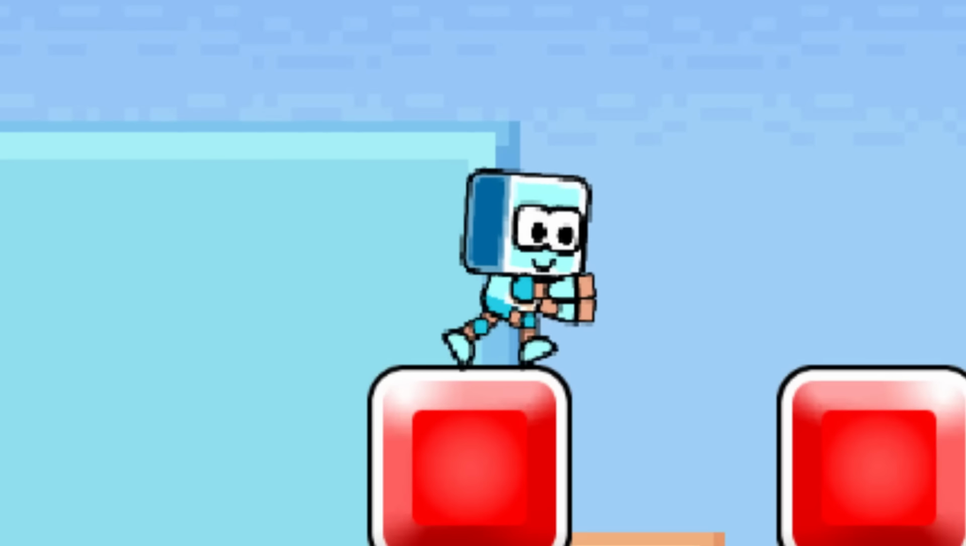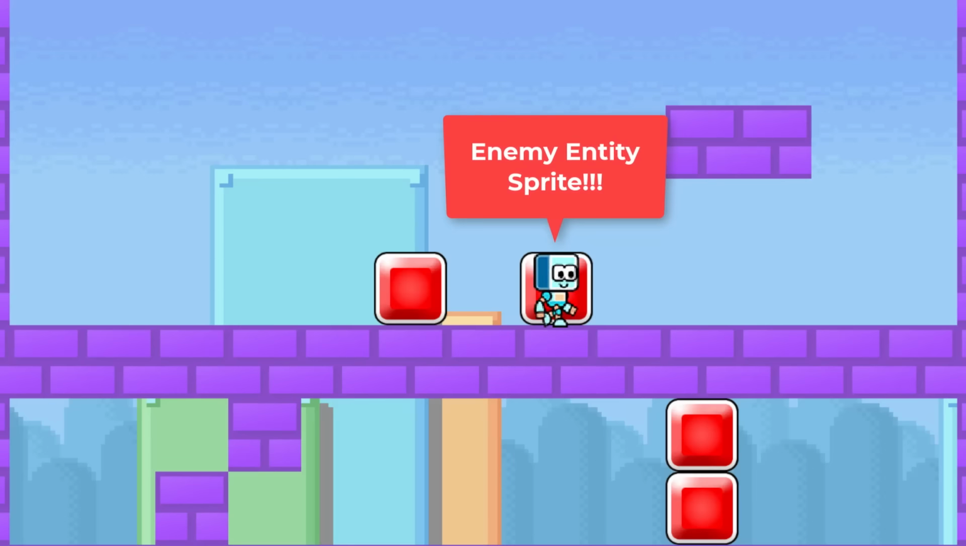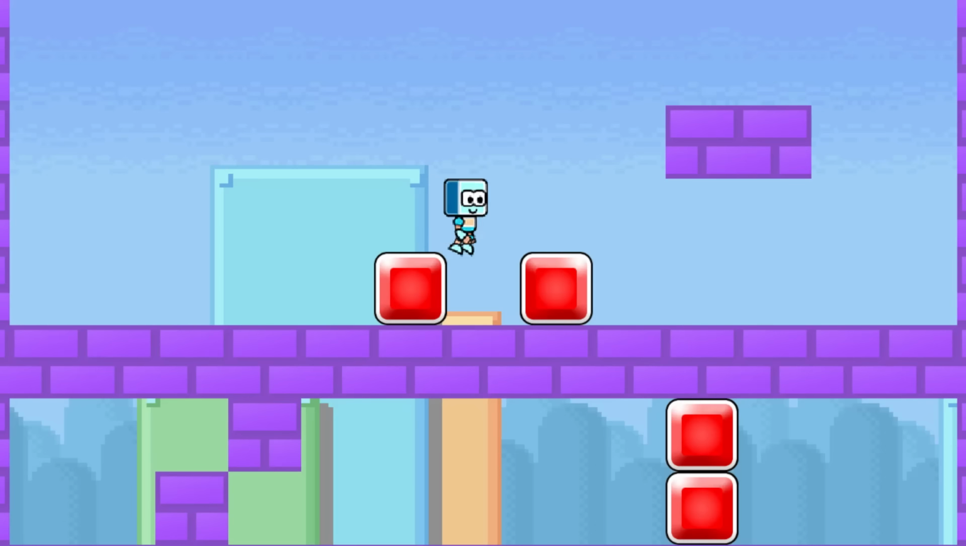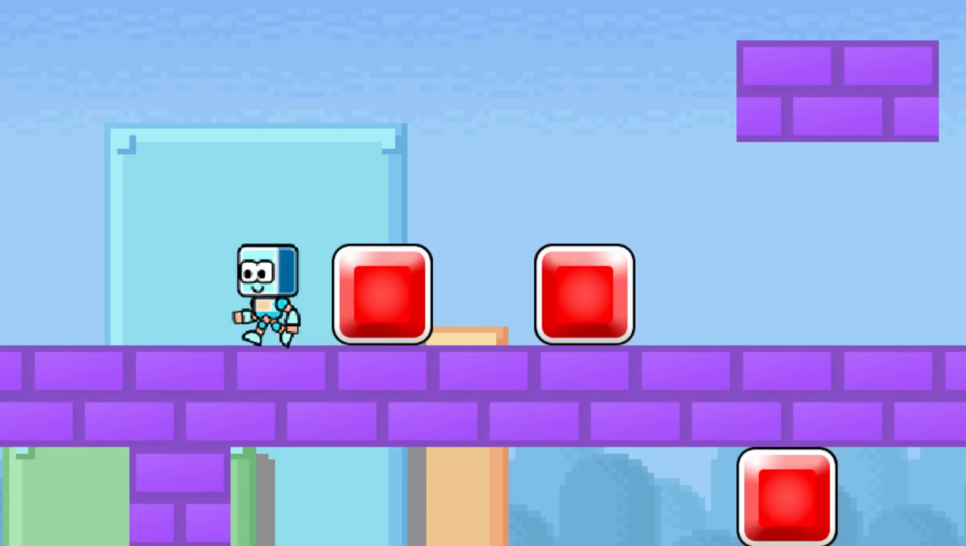Oh, and if you are wondering why this second cube is no longer solid, well, I've begun the job of switching over to making the cubes enemy entity sprites of their own. And as such, they are no longer solid. Until, that is, I make them solid again. I know, so confusing. But I hope you'll tune in to the next episode, where I'll attempt to make these